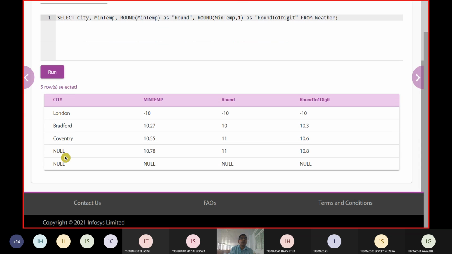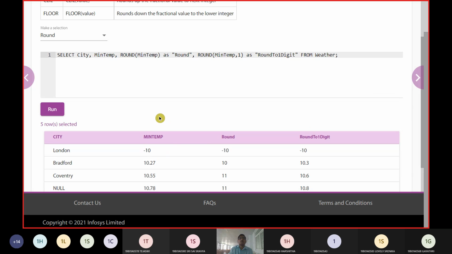So we have London, the minimum temperature was -10, and you can see here round is going to be applied to minimum temperature and round to one digit. Already it is a whole number, so in this case round is not going to change anything.